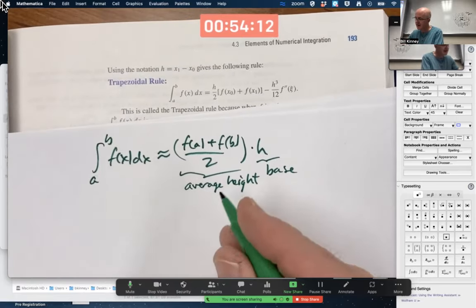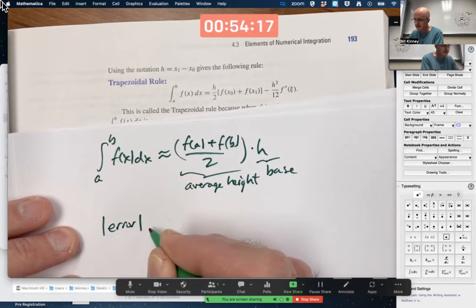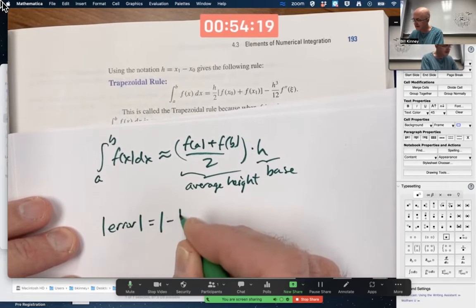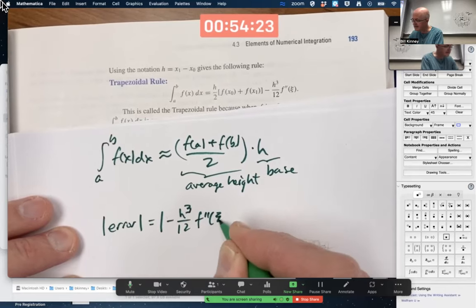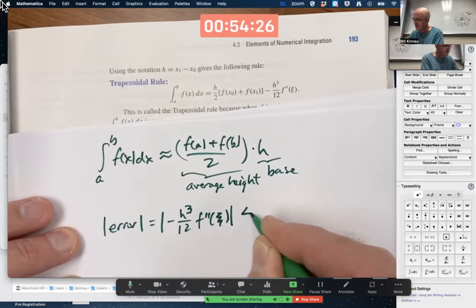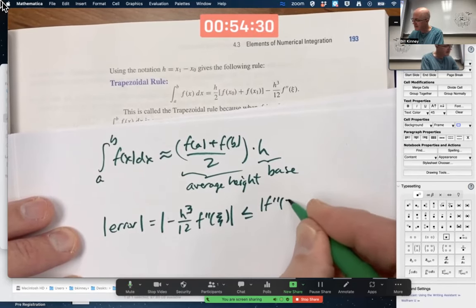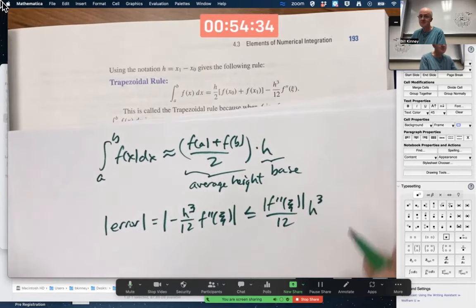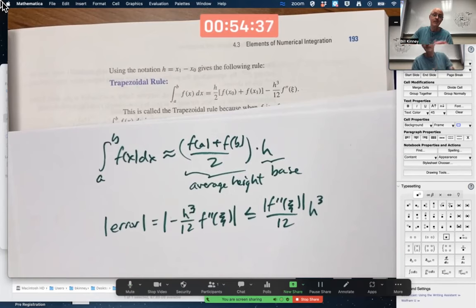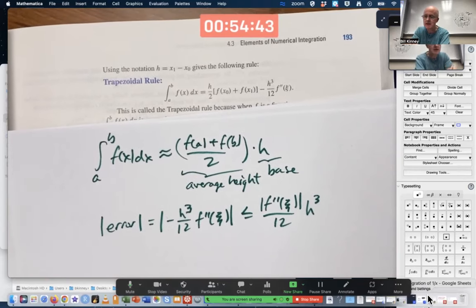And I could also think about bounding the error. The absolute error is going to be the absolute value of negative h cubed over 12 times f double prime of c, which will be less than or equal to the absolute value of f double prime of c divided by 12 times h cubed. Is that going to happen? When we check this numerically,